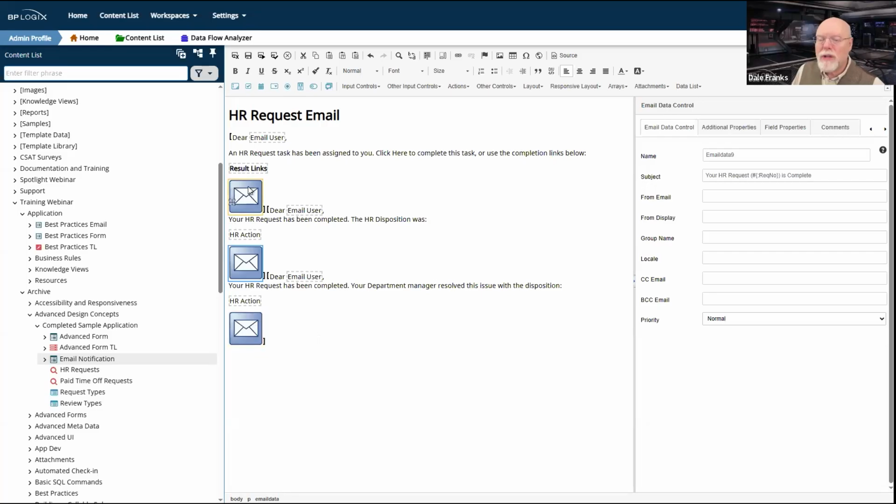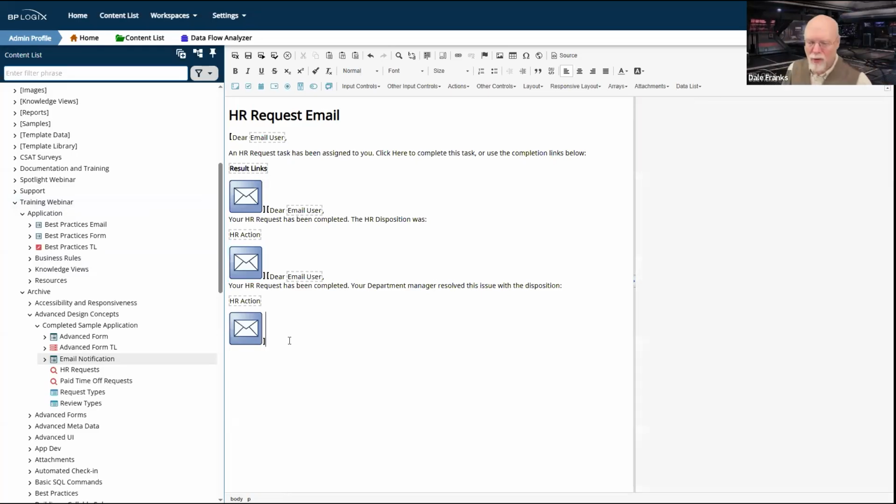In any event, I can only have one email data control visible at any given time. Because I'm using multiple email data controls, and again, I wouldn't have to do that if I just had a standard subject, request number, submitted on whenever. If I just wanted that to be my standard email subject for all of them, I could get rid of two of these email data controls, and I would just stick my email data control on the bottom outside of any of the embedded section controls.